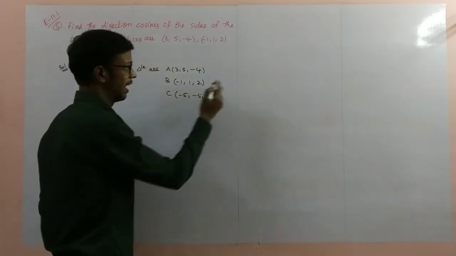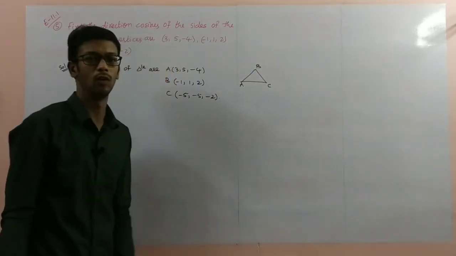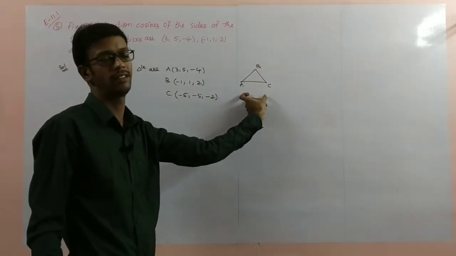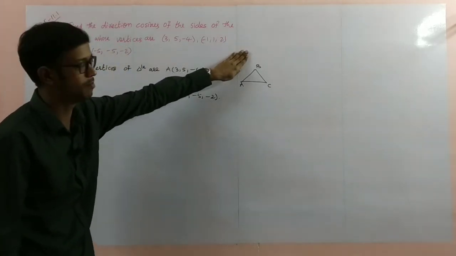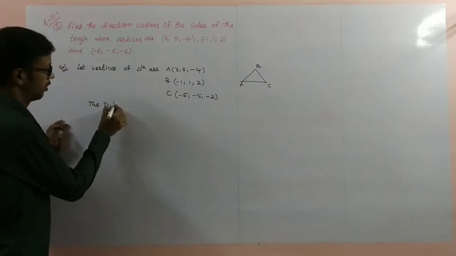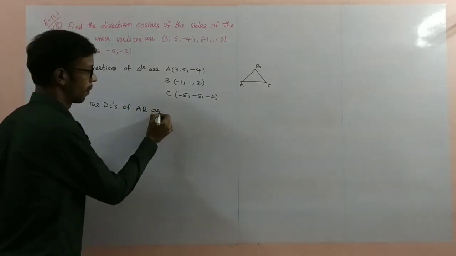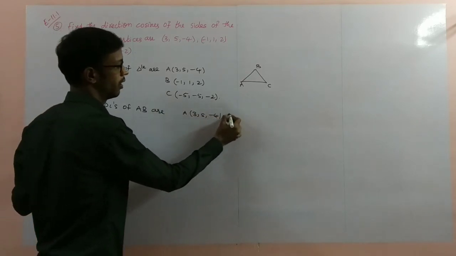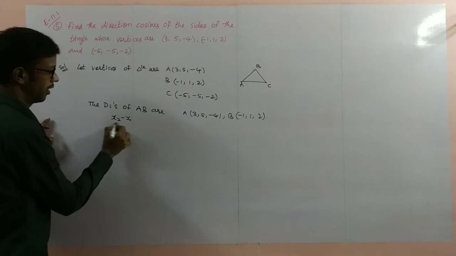So now I'll draw the triangle here, A, B, C. You have to find the AB direction cosines, BC direction cosines, and AC or CA direction cosines. For that purpose, first I'll take the AB side, only one side. The direction cosines of AB are: here A point I am writing 3, 5, minus 4, B point is minus 1, 1, 2. They are x2 minus x1 by AB,